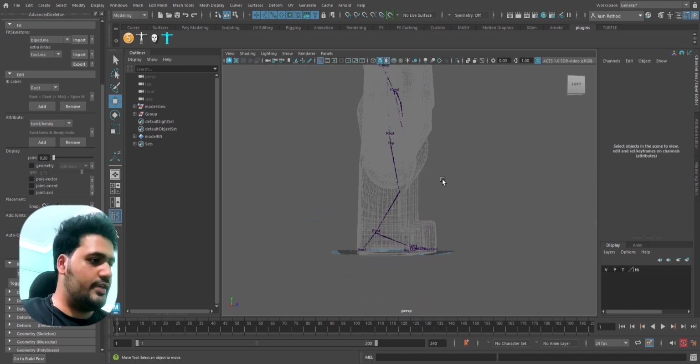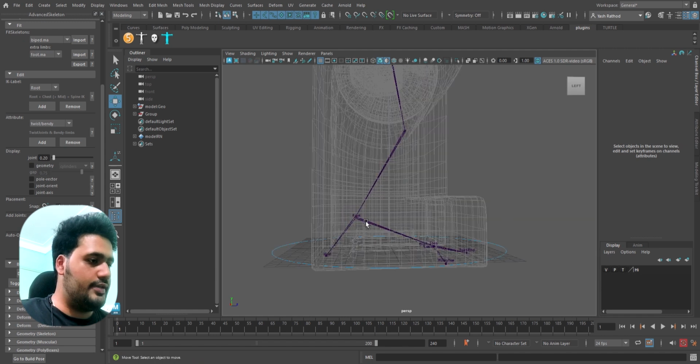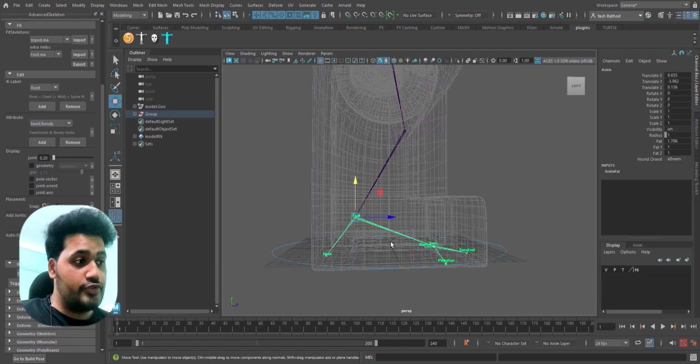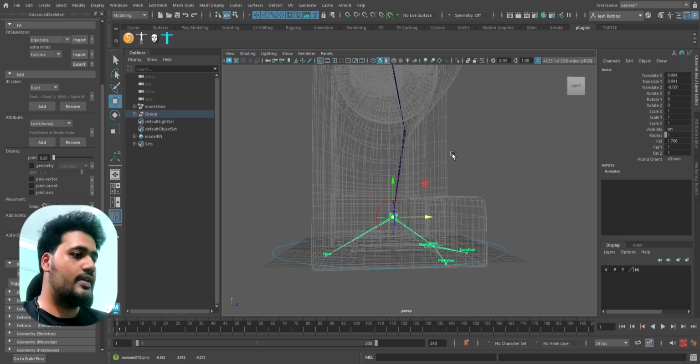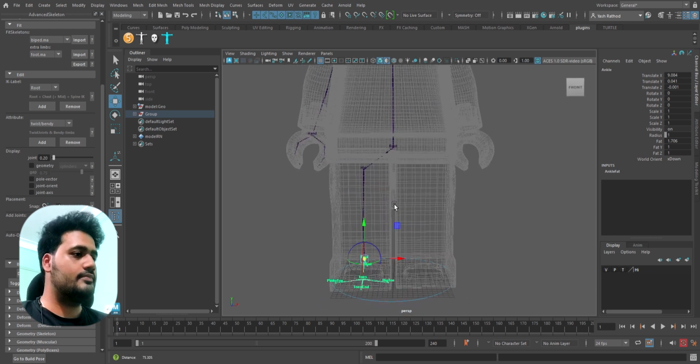Right, so we're done here, and now you see this should also be in the middle. So we'll press the insert key and quickly move this way. Okay,